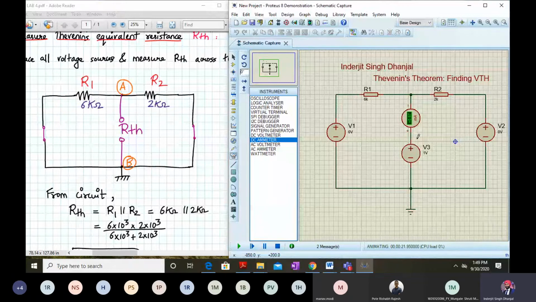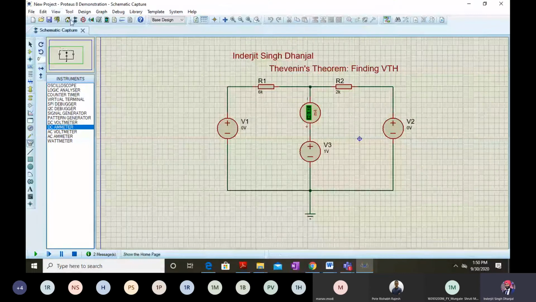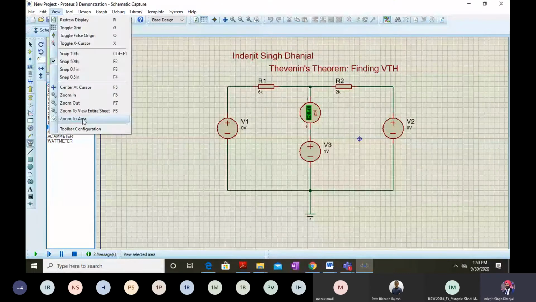You can test it out. Okay, so over here, I can take the print screen of this now. Again, go to view, zoom to area.